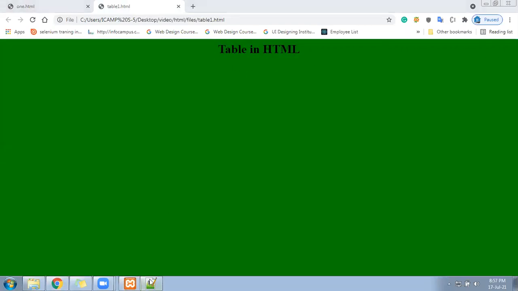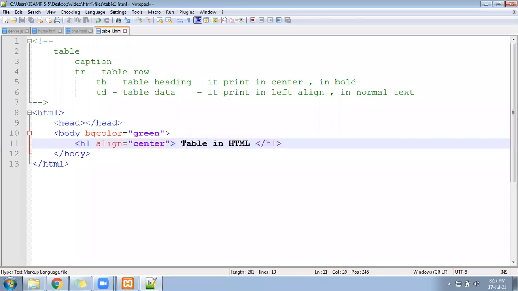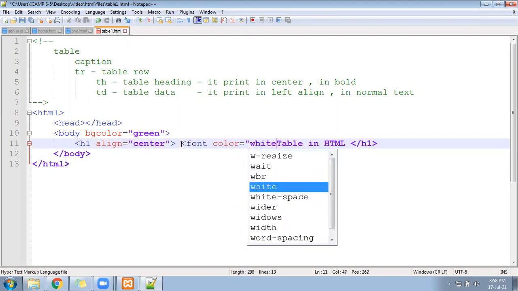Let's change the color now. So directly you cannot change the color here. So I will not use here h1 tag. Okay, what I will use is I can use h1 tag also, or I can use some other tag also. Okay, so let's follow the h1 itself. Inside the h1, I will follow a font and color equal to white.